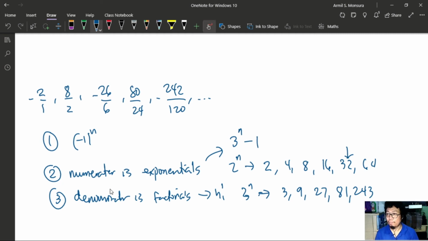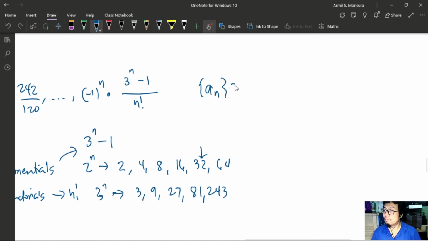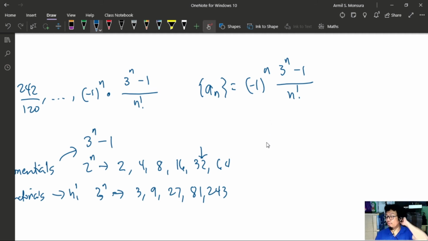Okay, so that completes our induction, in which case we can now write the n-th term as negative 1 raised to n for the signs, multiplied by 3 raised to n minus 1 for the numerator, and then the denominator is n factorial. So that is your n-th term: negative 1 raised to n times 3 raised to n minus 1 over n factorial. Okay. So now, the next thing that we will have to do is to determine the